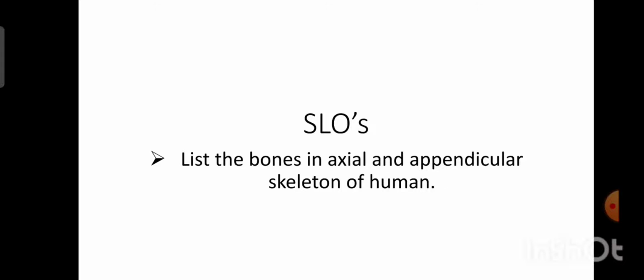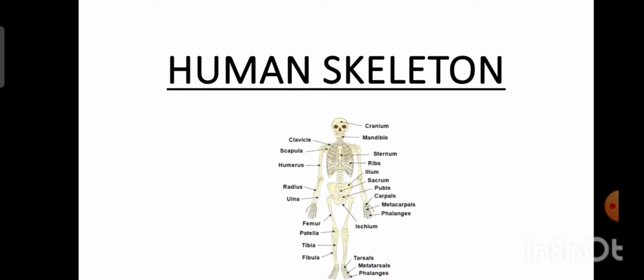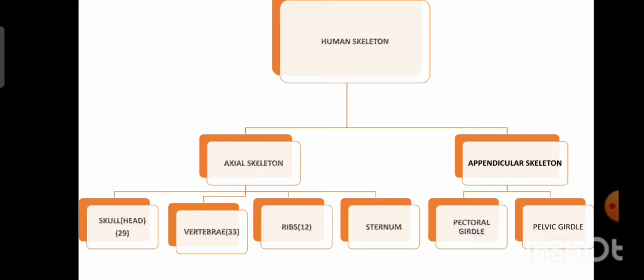Topic for today is the list of the bones in the axial and appendicular skeleton of human. Here a human skeleton is shown. Then the human skeleton consists of 206 bones, which are primarily divided into two divisions: axial